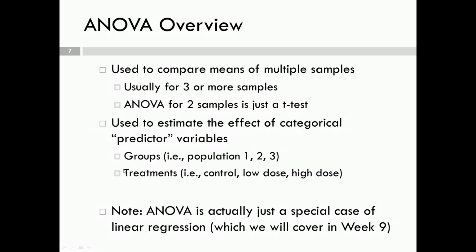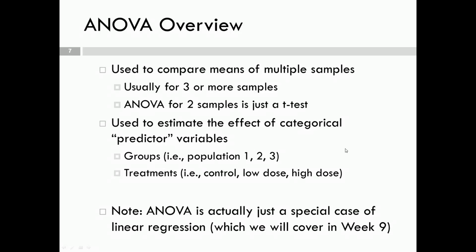Or another discrete predictor variable might be your treatment level. So maybe you've conducted an experiment and you want to know what is the effect of these different treatments. So you have your control, your low dose, and your high dose on some response, say overall plant height. Okay, but it turns out that ANOVA is actually just a special case of linear regression that deals with categorical